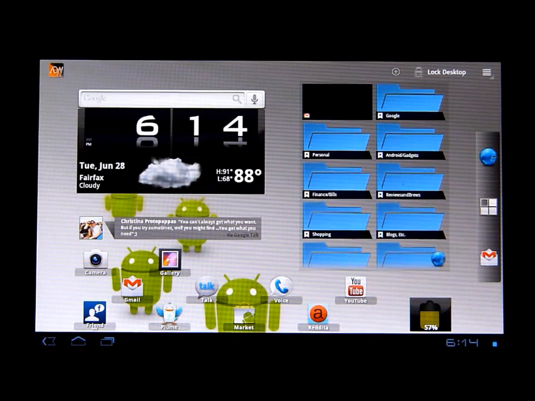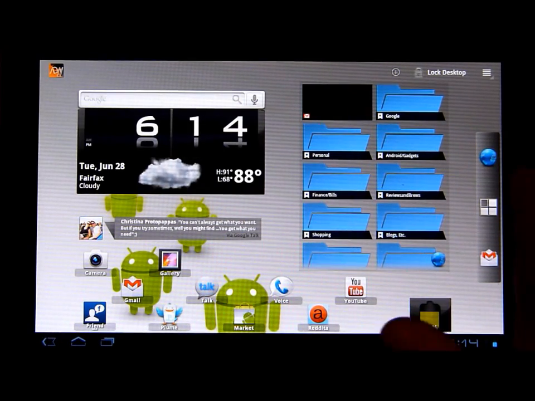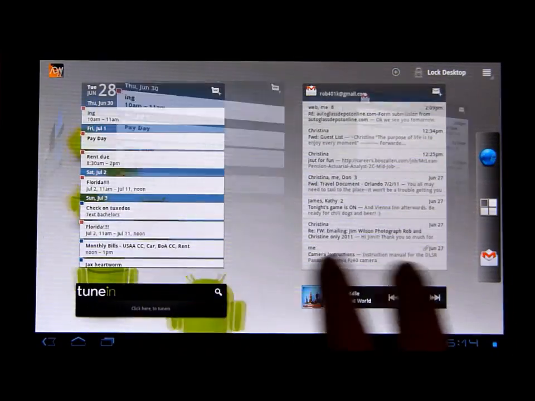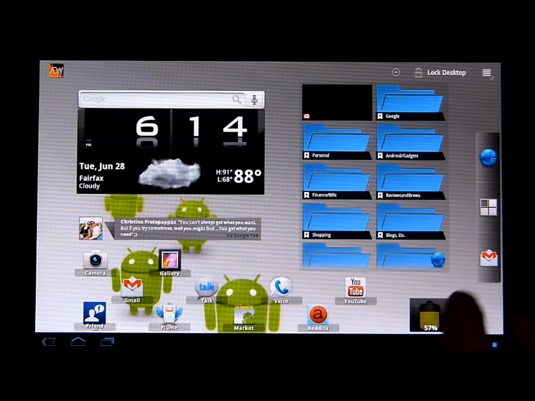Alrighty guys, here at Reviews and Brews, we're going to go with our ongoing Honeycomb tutorial. And this time I'm just going to bring you a different little application. We're going to be using a launcher replacement, ADW Launcher EX, which you can find in the market. It's a couple bucks. And I know a lot of people are probably wondering why you would want to replace